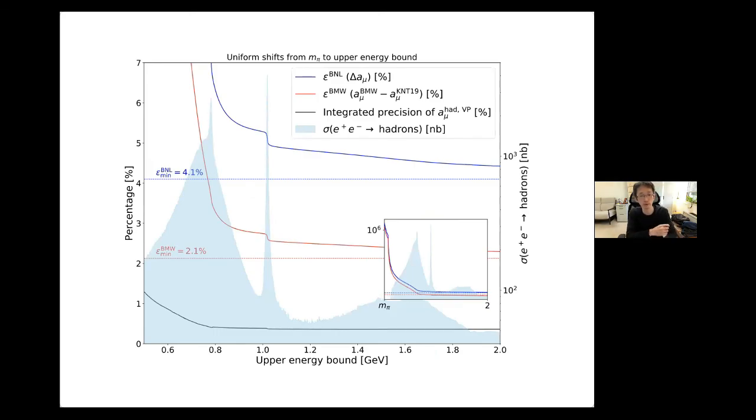Yeah, that's important. So this is a plot of the requirement of the enhancement. It's not easy to understand, unfortunately. So this is a percentage of the enhancement. This is the size of enhancement to explain the BNL and Fermilab result. And this is the size of enhancement to explain the BMW result. And this is the experimental precision of